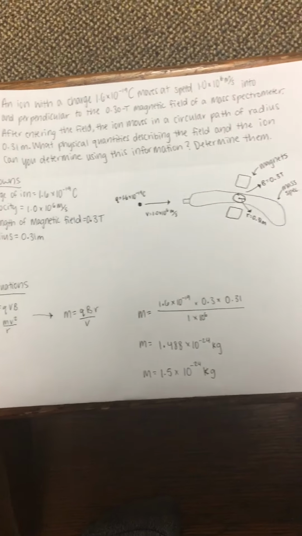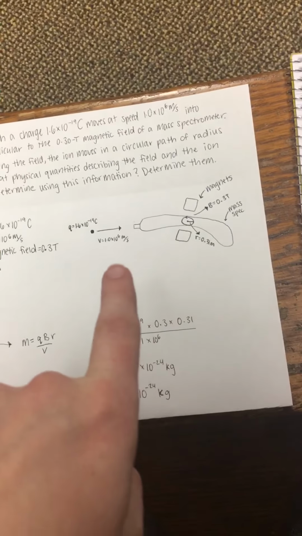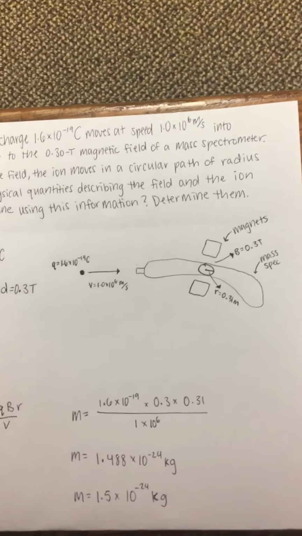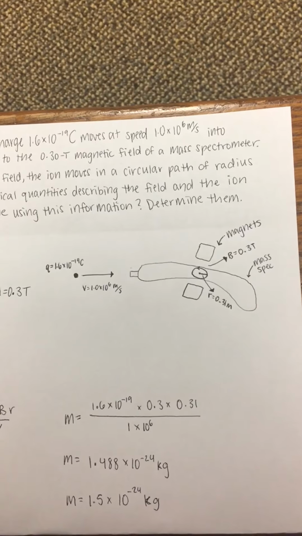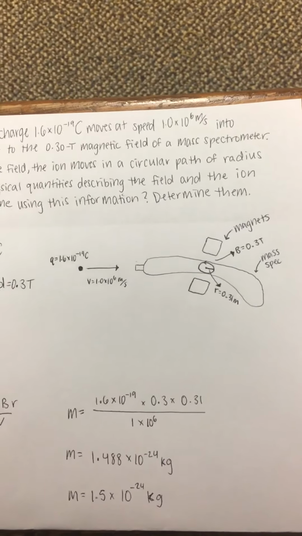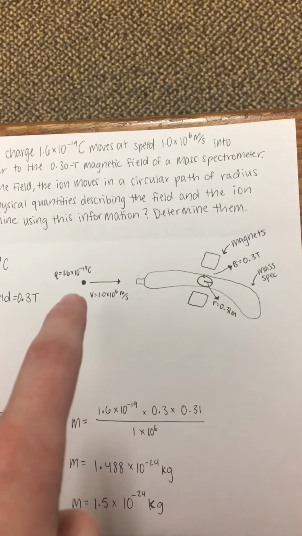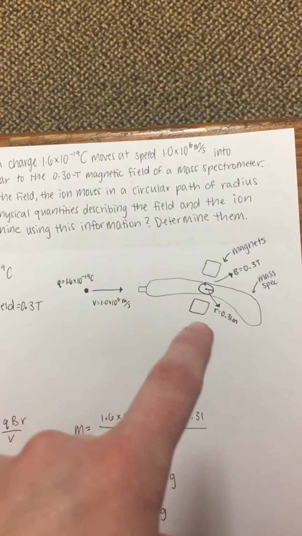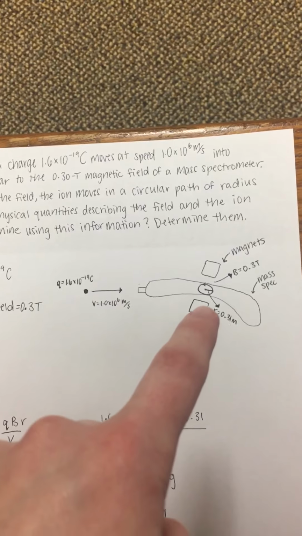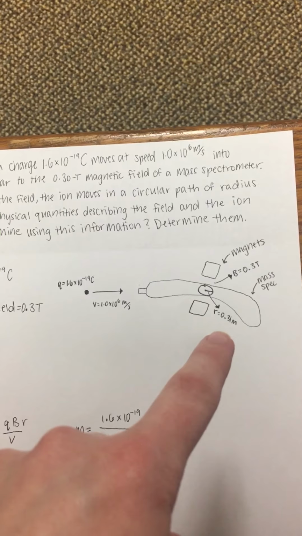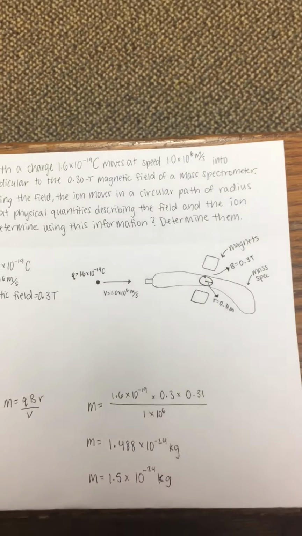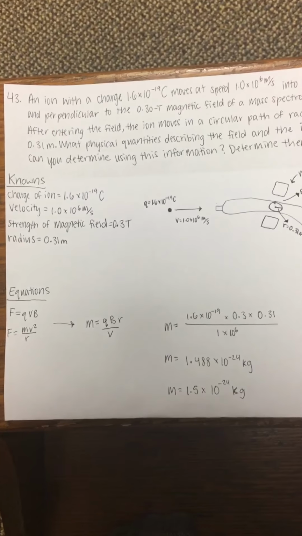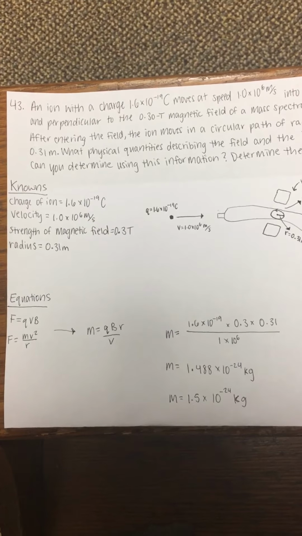And then I just have a drawing over here to show you what it looks like. If you're wondering, that's exactly what a mass spectrometer looks like. But as you can see, as the ion moves into the mass spec, once it hits the magnetic field, it goes in a circular motion, and then you can see the radius there. And so I decided that a physical quantity I would be able to find was the mass of the